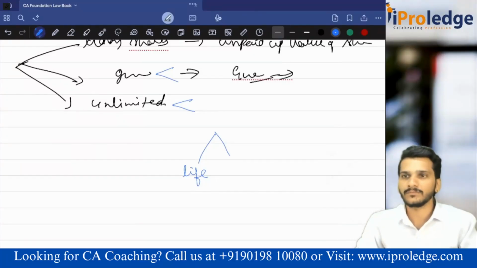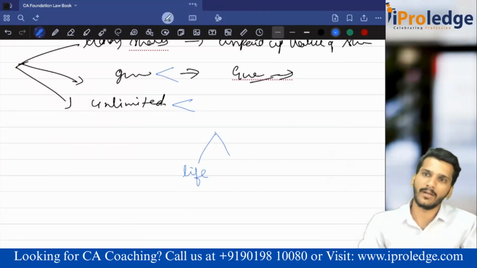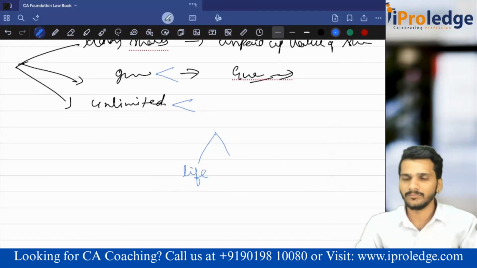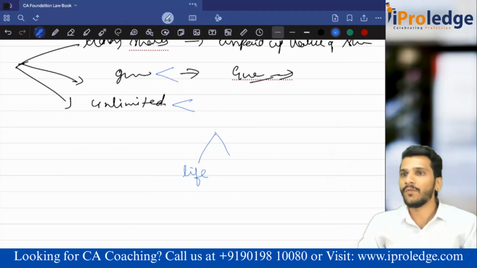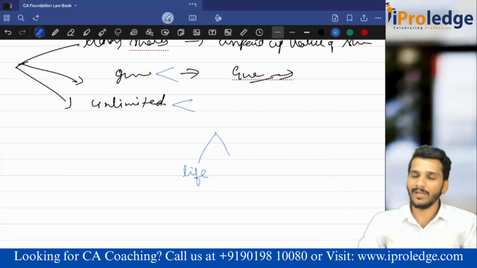Then the legal representatives of the member will become the member. There is one question also in that. All four members are there. Four members are going in a car and meet with a car accident, and they die. Then is the company closed? No, the company is a separate legal entity, so the legal representatives of the members will become the members and they start running the company.